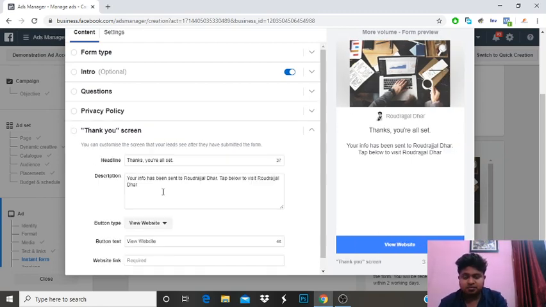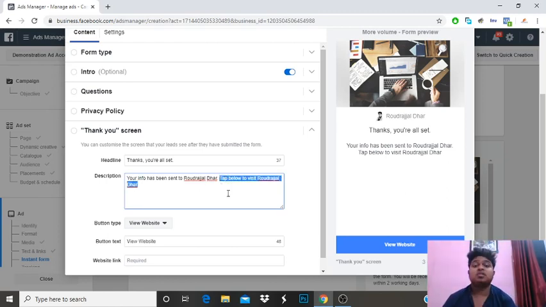This is another important part of your ad. You can say on the headline, you're all set. If you want, you can change this. And in the description, it says that your info has been sent to Rudra Chaldar. Now I'm going to change this part, tap below to visit Rudra Chaldar. I'm going to make it, you can call us right now